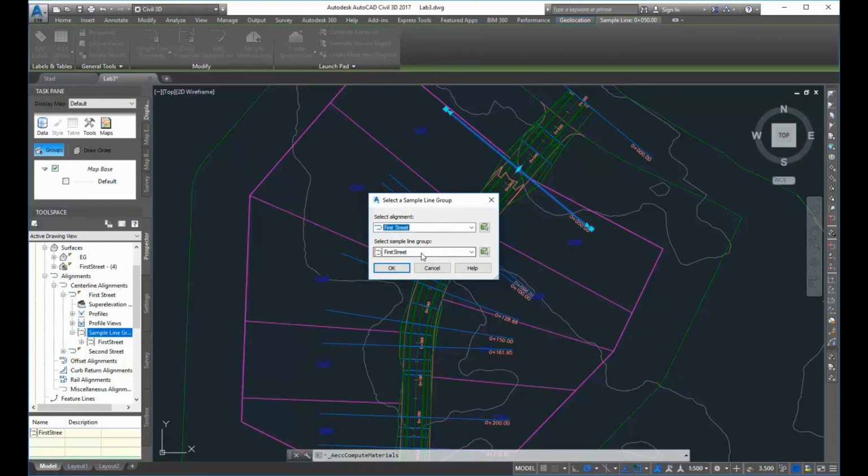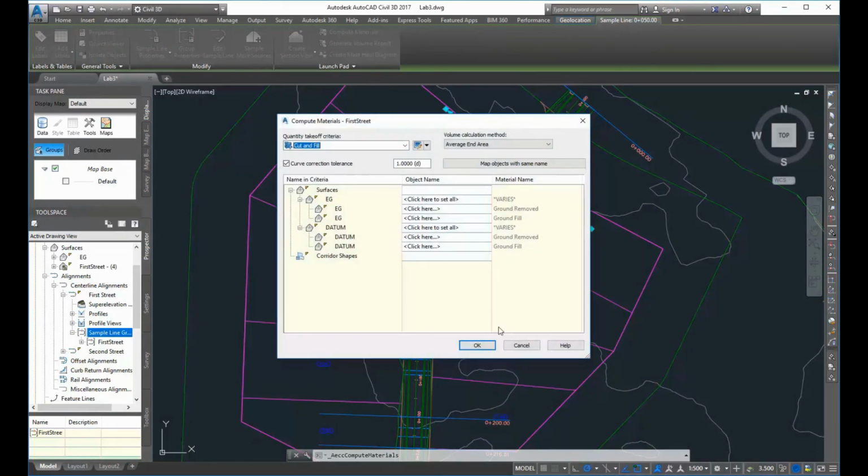Now remember, I could have multiple sample line groups for a single alignment. Maybe I separated my sample lines between the beginning and the end. Maybe the project was going to be done in phases, or for whatever reason. But in this case, I only have one alignment that has sample lines, and only one sample line group for that. But I want to hit OK,